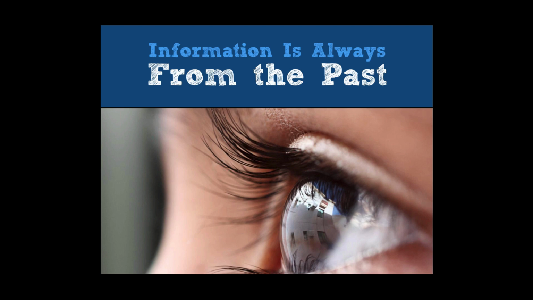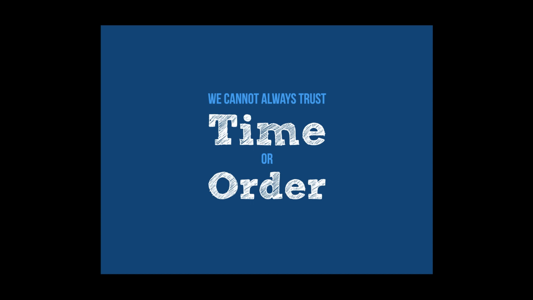It's the fact that information is always from the past. If you think about it, in reality, everything that we observe is always from the past. When you observe some effect or some event, it has already happened, sometimes quite some time ago. So in a way, we're always looking into the past, and the present and now is always subjective. It's always in the eye of the beholder. It's always relative in a way. And this has a lot of implications.